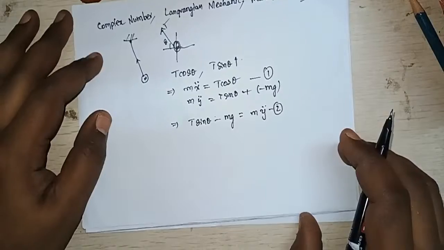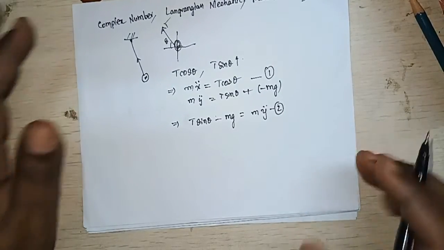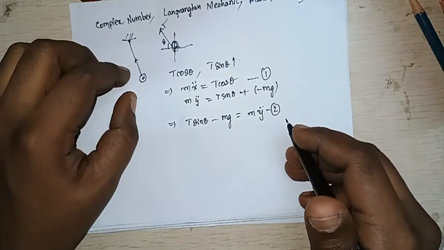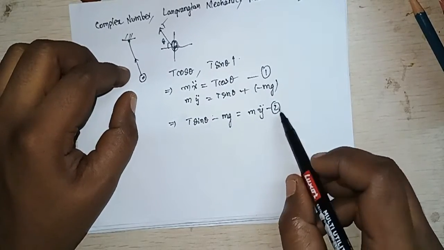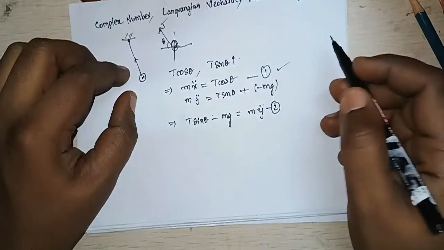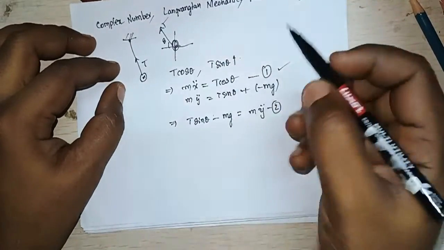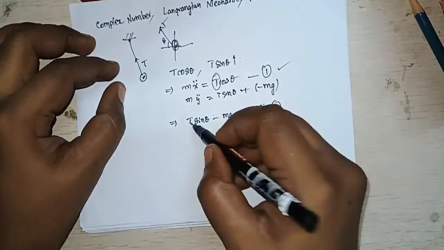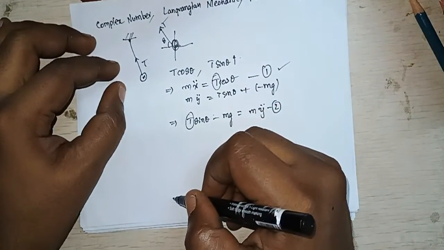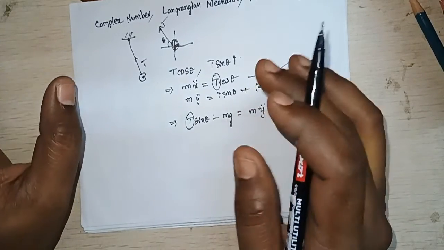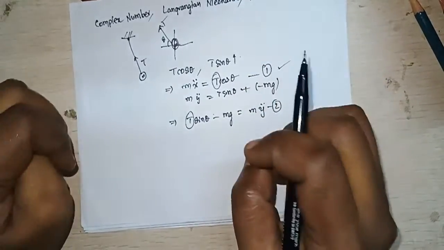So even for a simple problem, applying Newtonian mechanics requires two equations, and this tension comes inside the formulation,